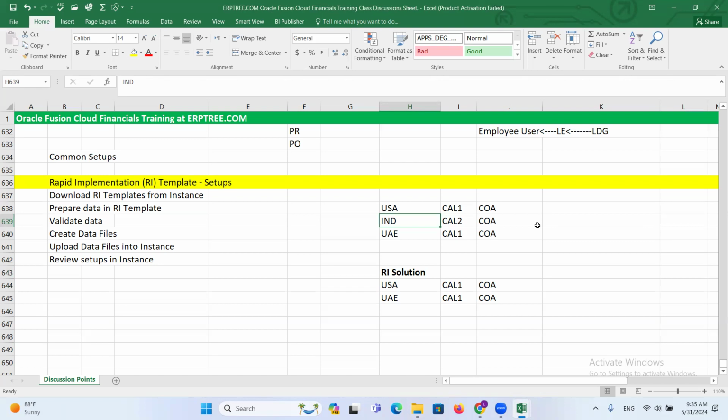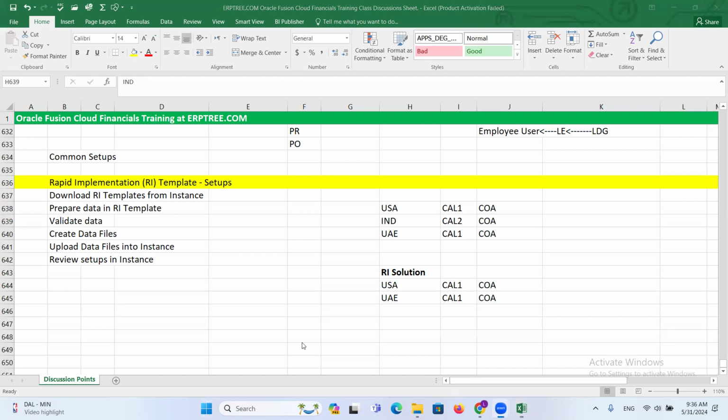If you give a different name, then it is going to become a different chart of accounts structure. Yes, that is the point. For your calendar purpose, because you want to use a different calendar, you definitely have to give the calendar name different. You will give, for example, Calendar 2. Then it will create the chart of accounts also with Calendar 2. The chart of accounts name also it will take as Calendar 2, whatever name you provide,